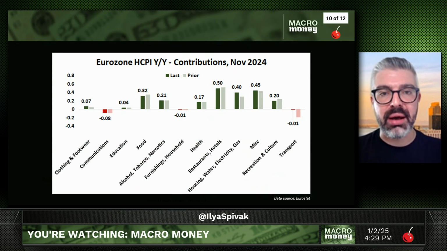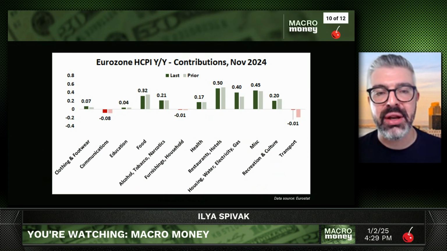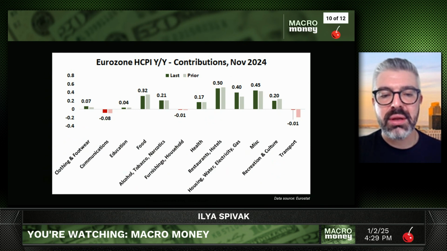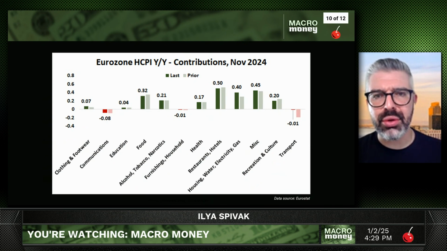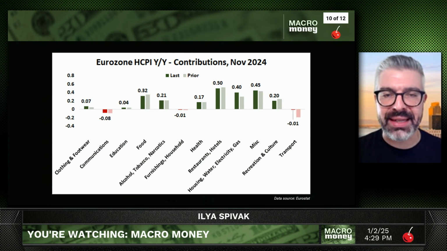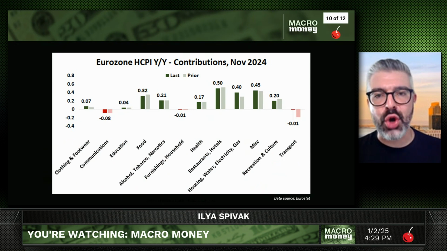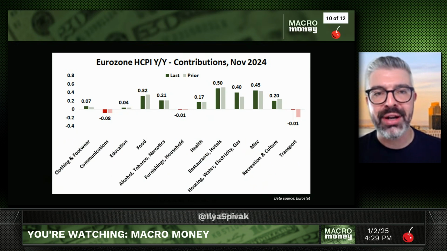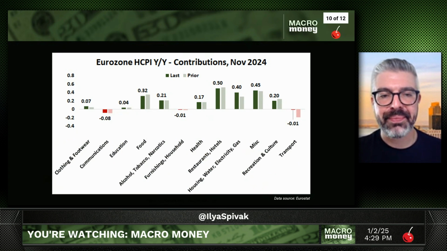And indeed, after an attempted rebound in the first half of the year started to fizzle once we hit the mid-year mark. But these kind of discretionary spending categories are still holding up. They're seeming to be impervious for now, anyway. And so it is certainly the case that the Eurozone economy is in a bad way, but inflation is going the wrong way nevertheless and is proving sticky even in those parts of the structure that should be more cyclically sensitive.